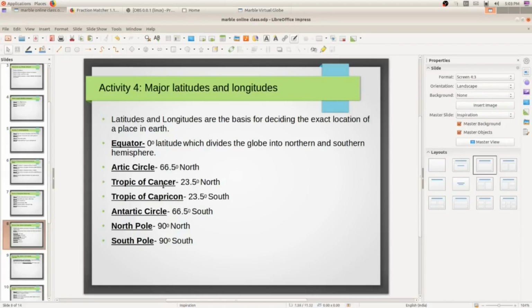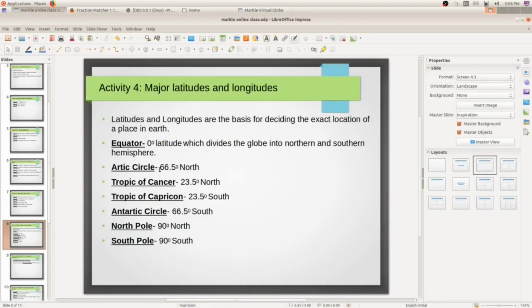It is in north side. Tropic of Cancer is also in north side. Degree is 23.5 degree. Tropic of Capricorn and Antarctic Circle, these both are in south hemisphere, and note down the degrees. North Pole means in north side at the top, 90 degree. South Pole means at the bottom, 90 degree. So these are the major latitudes.